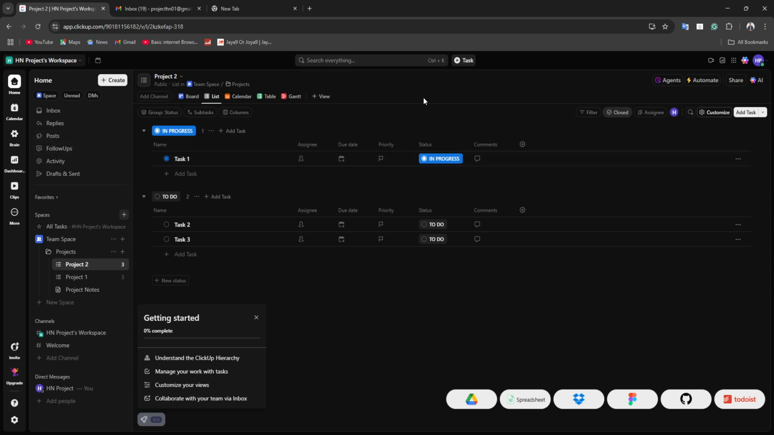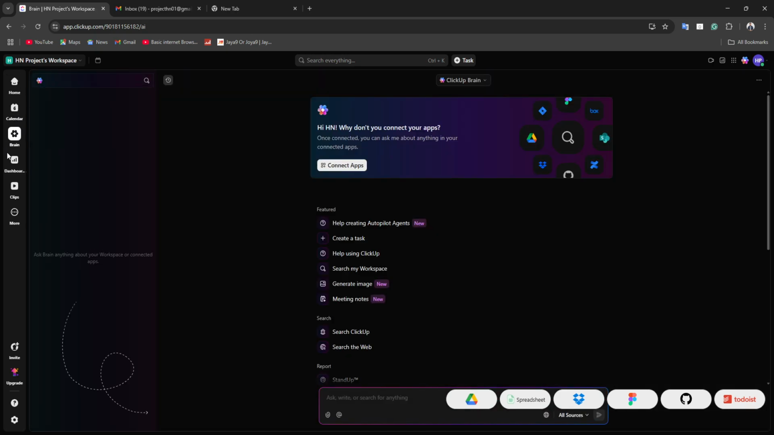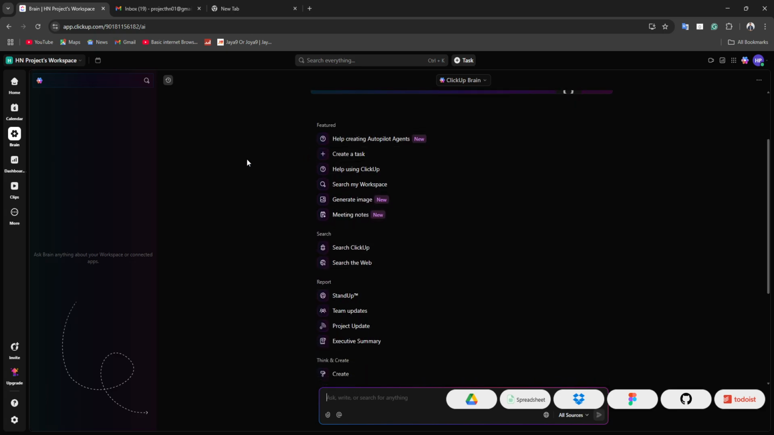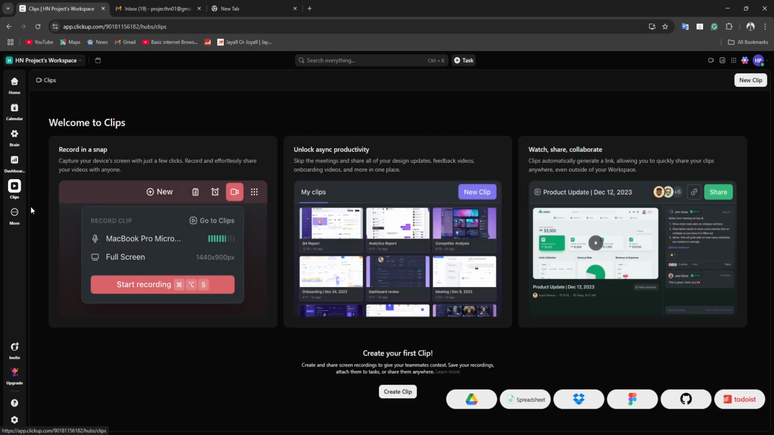Simply go and tap on these options right here. You can see at the left options, this inbox, replies, posts, follow-ups, activity, and drafts. Okay, as you can see, and here we can see the calendar of your ClickUp. You can use its AI brain, like you can ask it to write something, and you can use it. You can see the dashboard of ClickUp right here, and you can tap on the clips